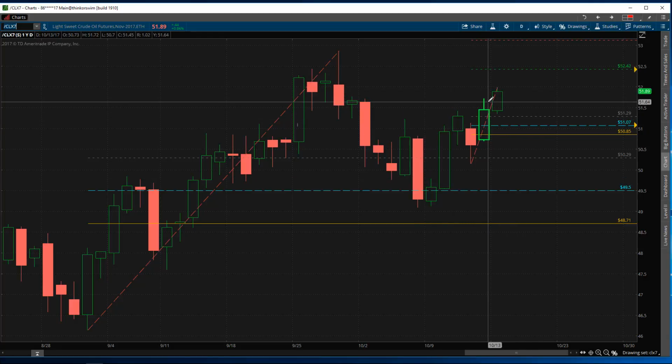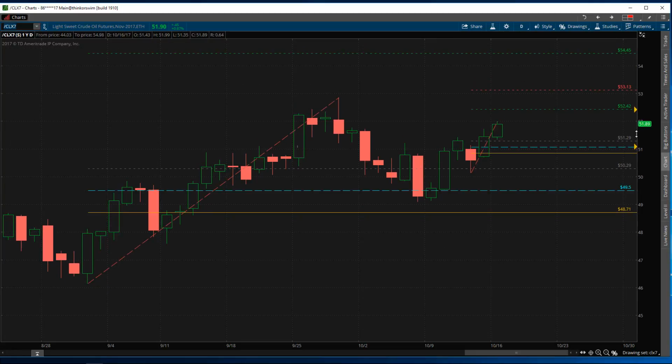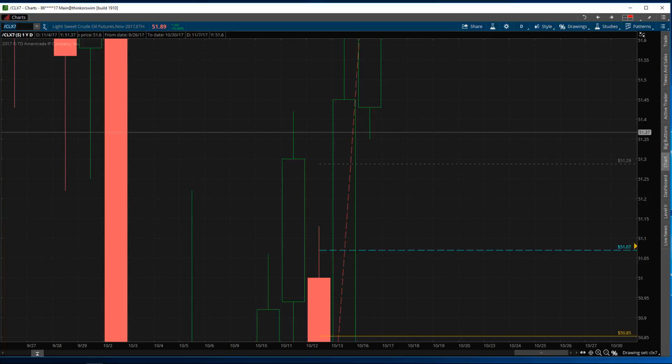oil. We have rallied up. It is Sunday night here. The markets have opened, and we've rallied up into the previous area of resistance that we had broken down from. I do believe this swing high from September 28th ends up getting taken out. My higher time frame profit targets are 54.45, and what I would like to see is a pullback really into